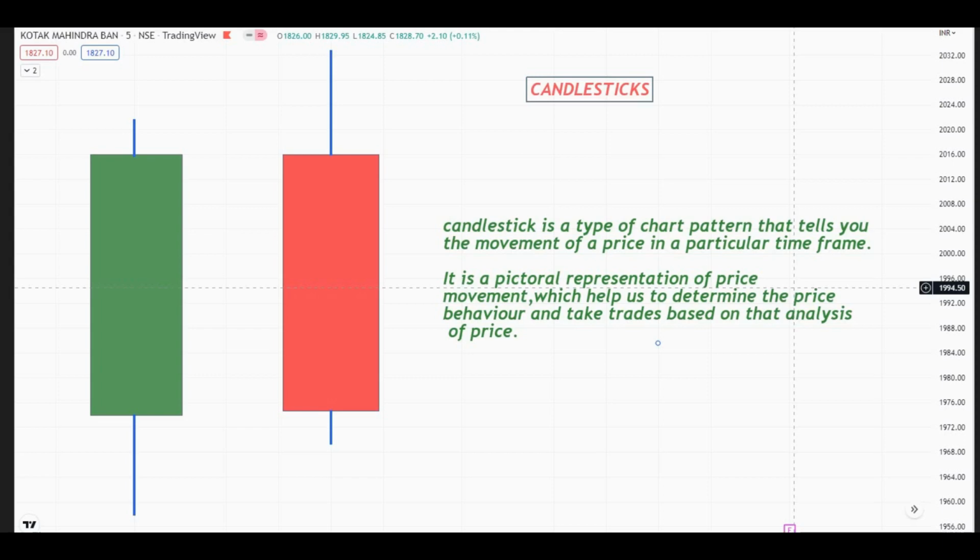So in today's video we will discuss candlestick chart patterns. We will analyze the candlestick patterns very logically, which will help us execute our trades in the market